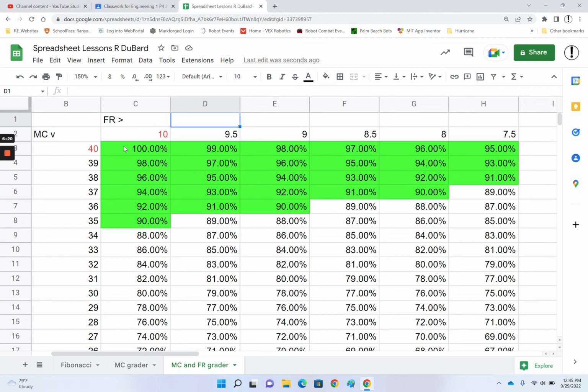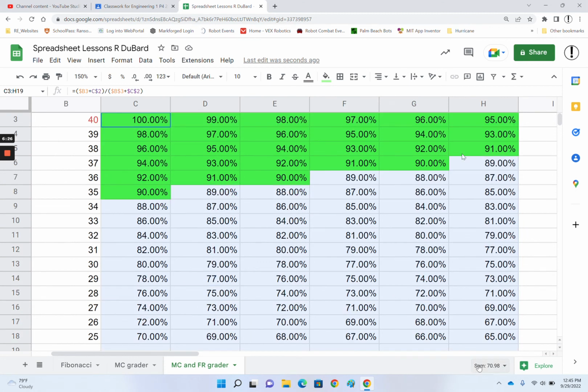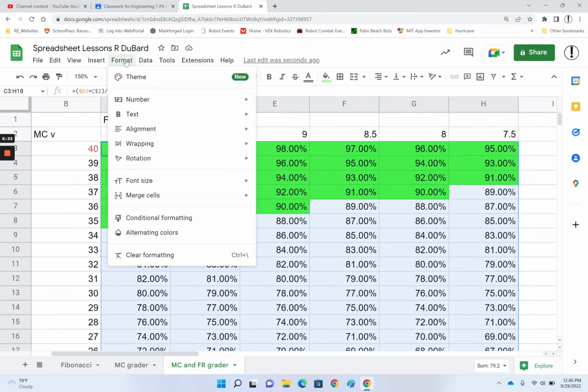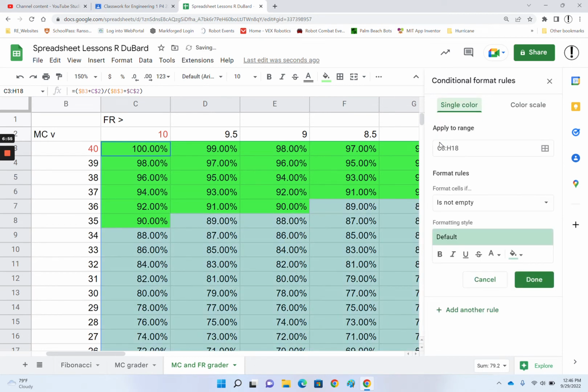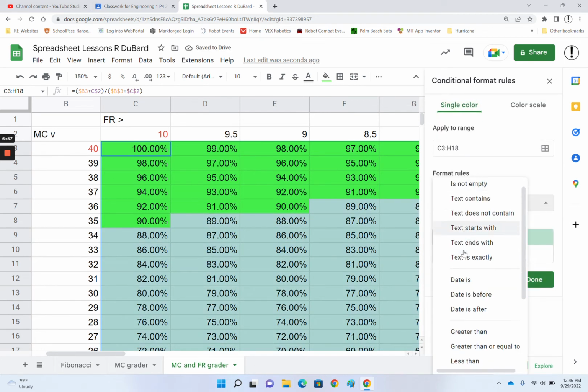Now, I want to select the same range a second time because I want more formatting options in that. I think what I want to do next is highlight all of those, and I'm going to choose Format, Conditional Formatting, and you see it shows which rules apply to that range. When I launch the conditional formatting, it shows the existing rules and gives you the ability to add a new rule, a new condition with its own unique format. This next rule we're going to do will apply to these, and it's going to say if they are between,